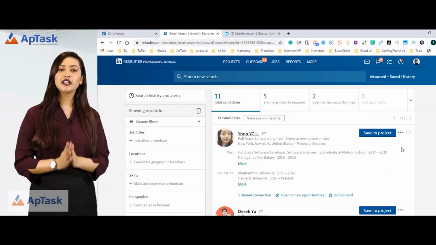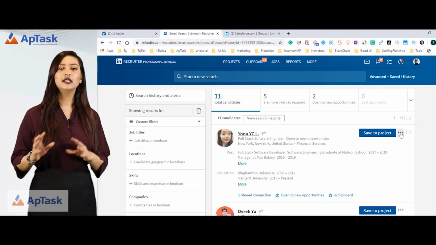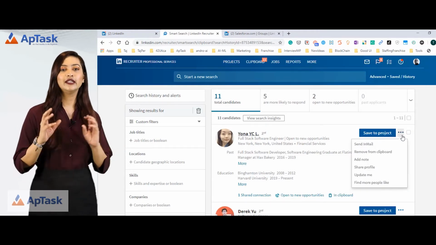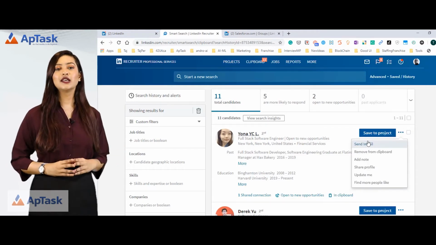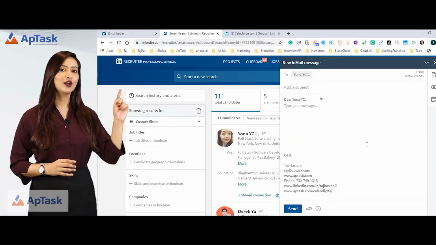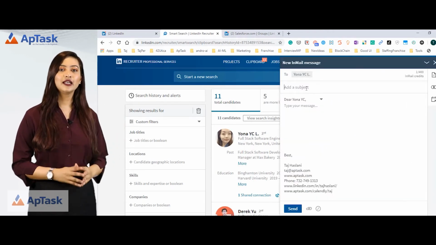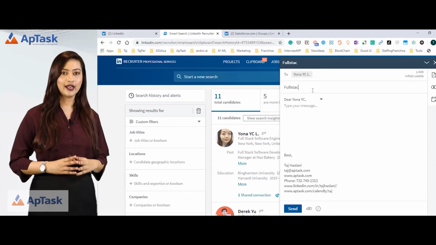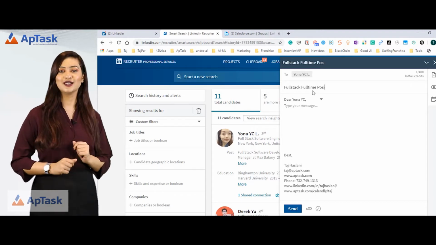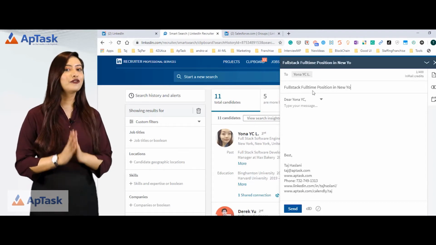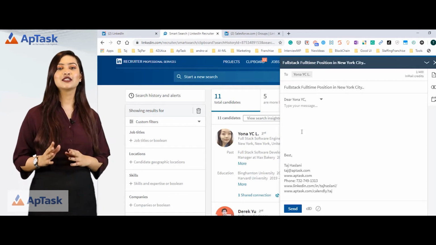So, instead of creating individual emails, now we will go and create an email template. Let's click on these 3 dots again on the first person. Click on Send Email and let's write a quick message. Full stack, full-time position in New York City.